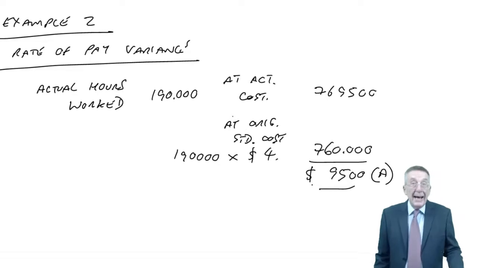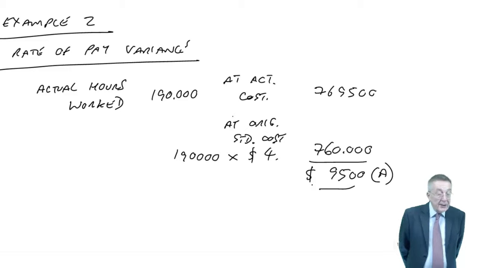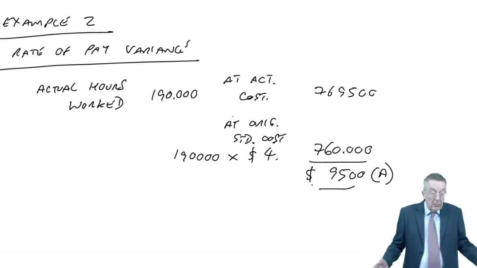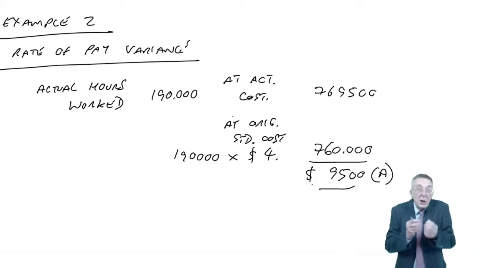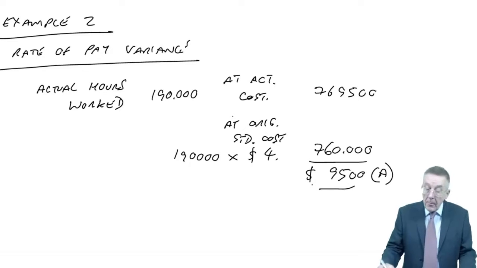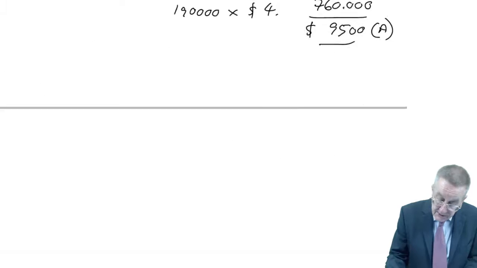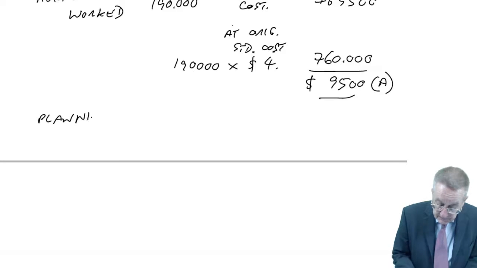However, let me immediately analyse it into planning and operational, because we're told below that since preparation of the budget, the price had increased to $4.10 per hour. I don't know why, perhaps it's just that wage rates in general had gone up and we'd have no choice, we'd had to increase it. But that permanent change is our planning variance. So the rate of pay, still on rate of pay, the planning variance